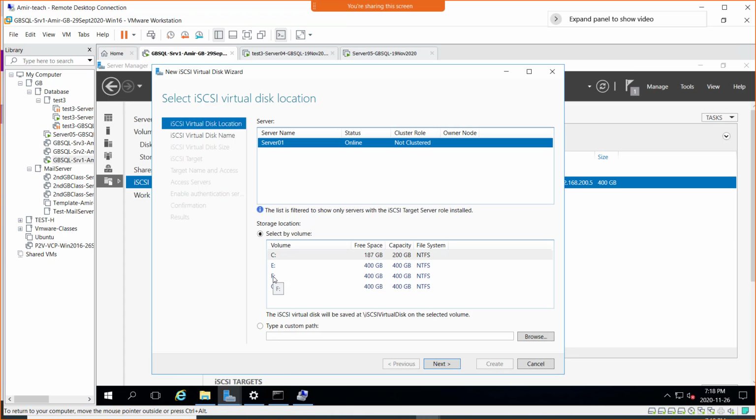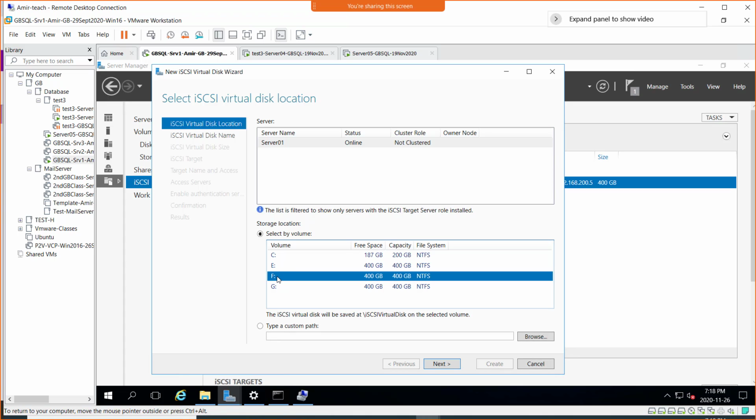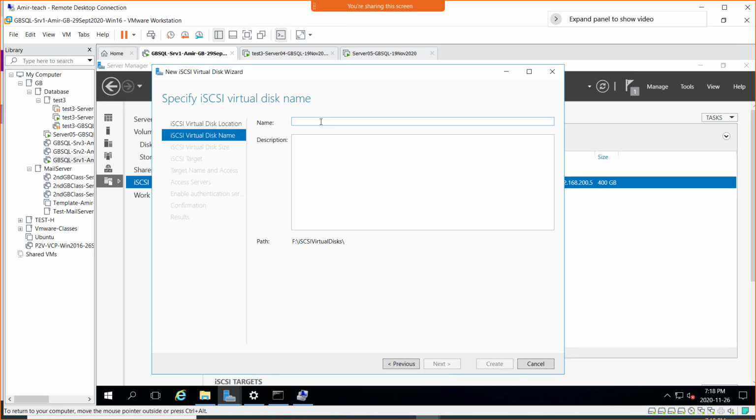But the good thing is now when we select the F drive and then later G drive, we don't have to define a target and initiators. That has been defined once. We just add this disk to the existing target. So I'm going to select that F drive and click next. It's going to ask for the drive name, so I'll go for 102 as we've been giving that name before,